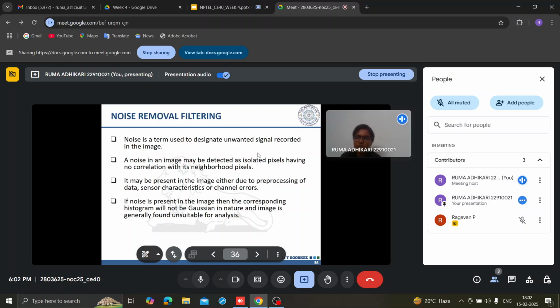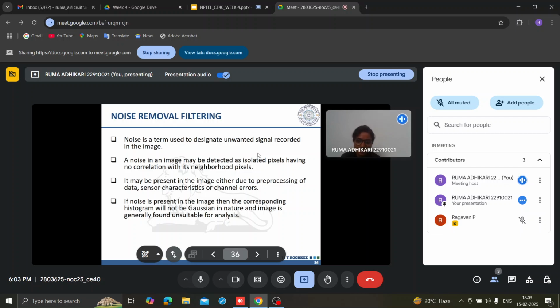Suppose we are looking at a flood pixel, a water pixel. In a certain area it will have some range, say ranging between 1 and 10, but one pixel is 1000, and it happens in practice. That is due to noise, not the